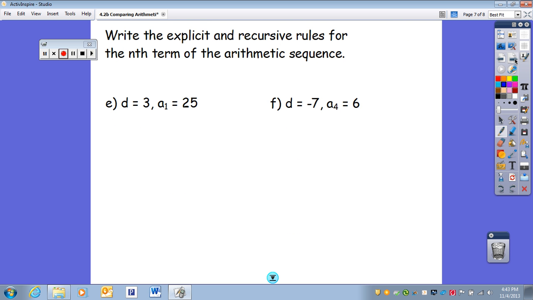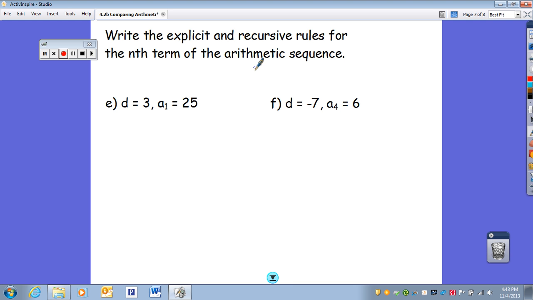Let's take a look at a couple more examples. So now I want to write both the explicit and the recursive rules for the nth term of the sequence. We start with our first rule, which is our explicit rule. And remember that that is a sub n equals our difference times the number of the term plus our a sub 0. So my a sub n equals my difference, which is 3, times the number of the term I'm on, plus